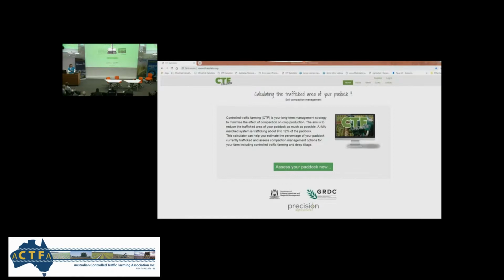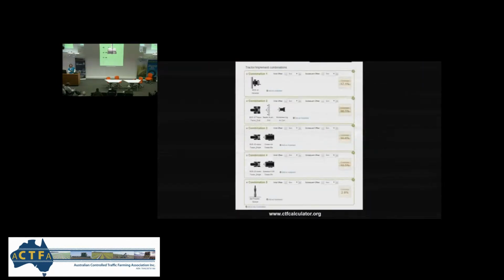So what this calculator allows you to do is to input, you can set up all the machinery of your current system, from harvesting, your seeding combination, this is your chaser bin, spreading, and your boom spray. So in the calculator are some preset machines. There's not a lot, but there are some in there, because you can buy one model of tractor, but you can have many different combinations of tyres. So it does actually require you to go out and do a little bit of homework, and I'm glad they put a tape measure in your pack there,